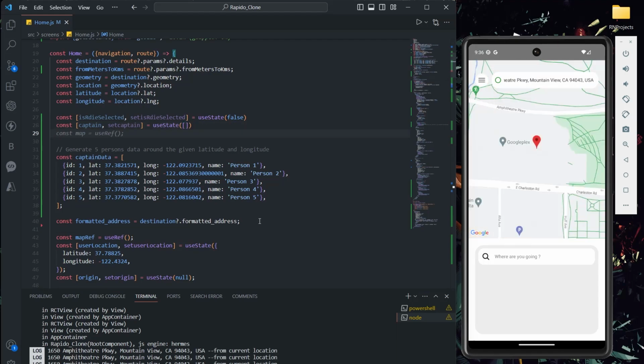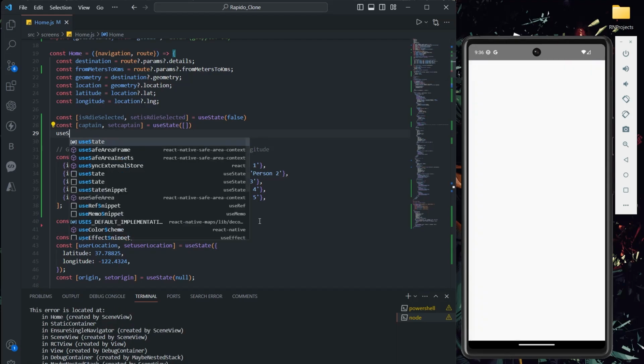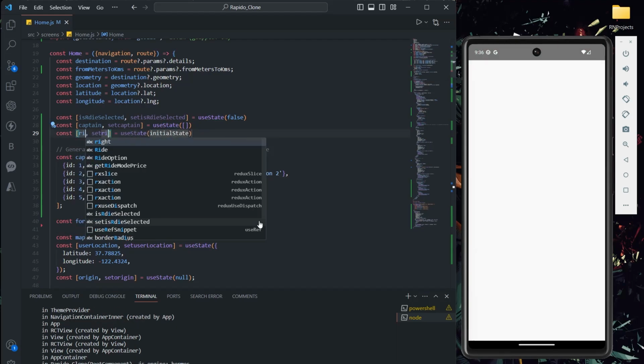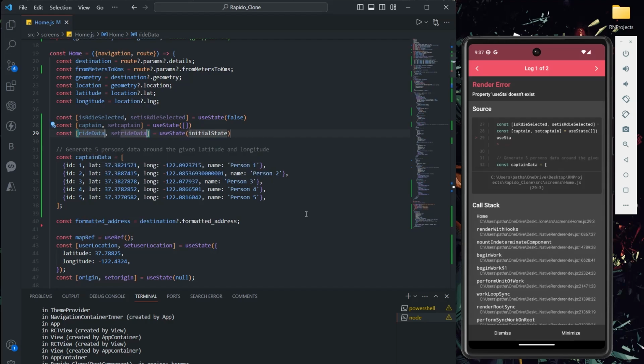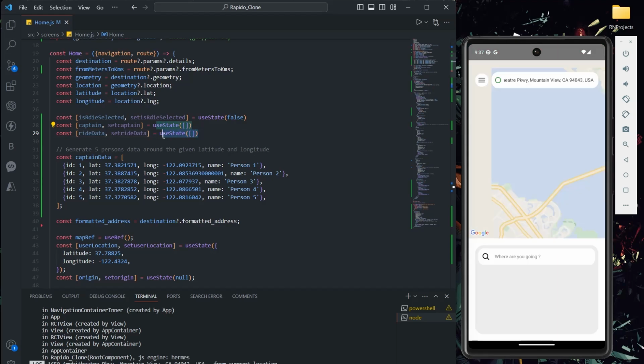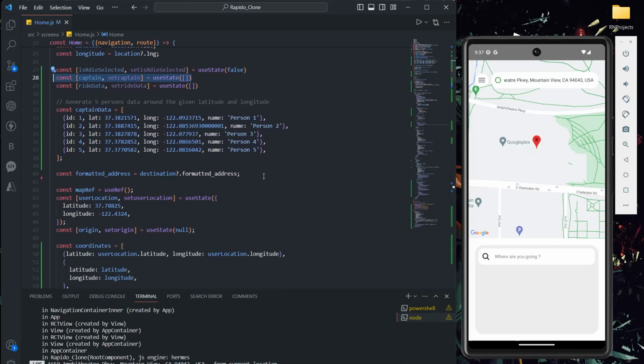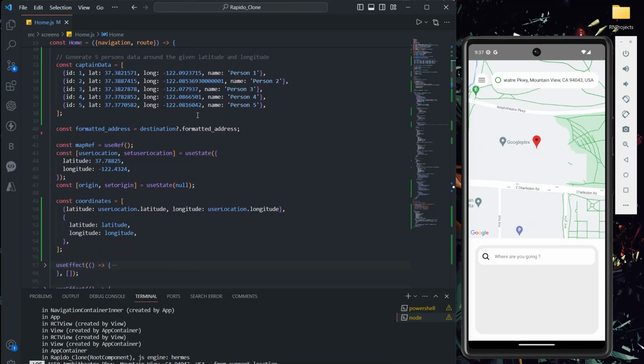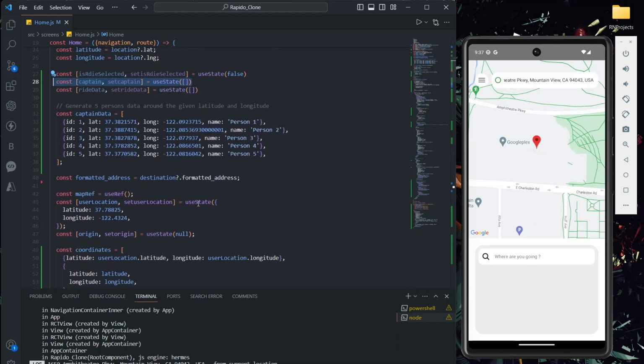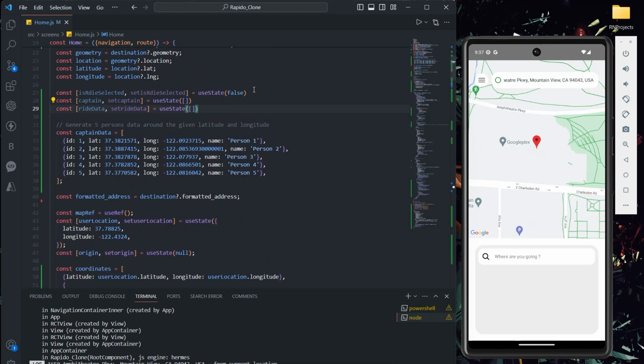After that I'll take one more useState. In this useState I'm going to store my ride data. This data contains which option the user selected, like which riding mode, bike, cab, auto, and what was that particular price, these things I'm going to store. And the captain useState I'm going to store that particular captain data, so that I can access that data and show it here, because right now the captain data is in this function only, so I cannot access it globally. So for this reason, and let me correct the spelling.